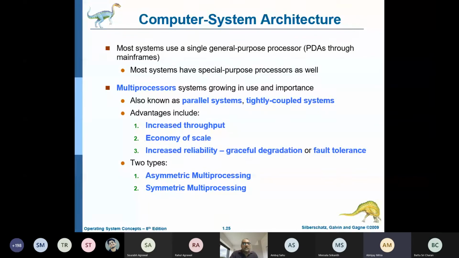Correct. Whatever you said is correct. That slowing down is there. But if you compare with the single processor, there will still be a chance of performance improvement. Suppose you have multiple processes, as you mentioned, with a single bus and single memory. All four processes need to access the bus, so it will be slowed down. But if you properly coordinate the jobs or applications, if you properly do the programming,